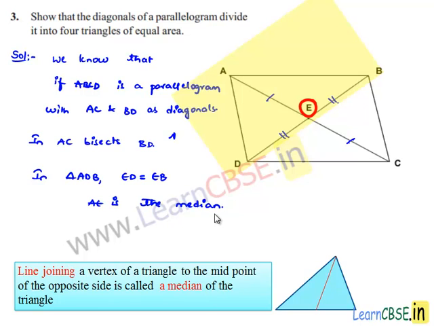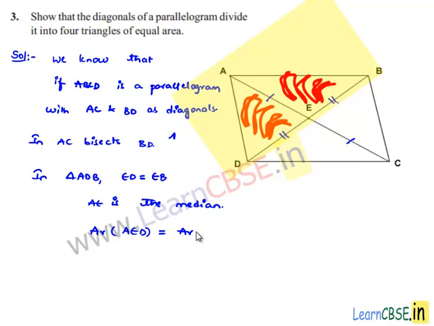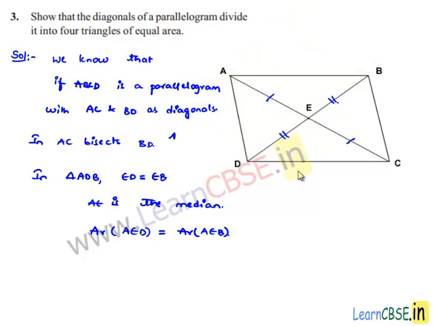As AE is the median, it divides triangle ABD into triangle AEB and triangle AED with the same area. That is, area of triangle AED is equal to area of triangle AEB. Similarly,